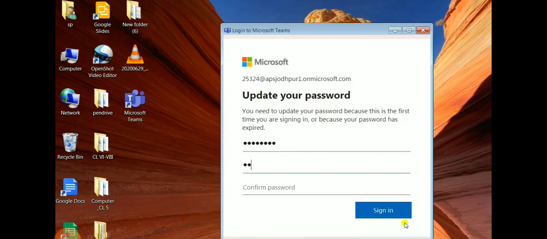See, it is very important to note down your password somewhere because every time you need the password to sign in. So be careful when you are typing, and write it down in some notebook or somewhere you can find it back. Now confirm your password, meaning the new password. Again you have to confirm whether you have remembered it or not. Sign in.